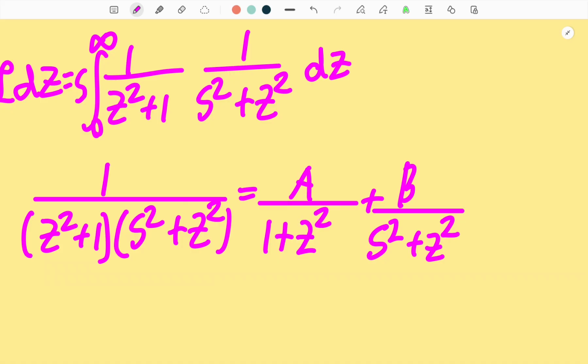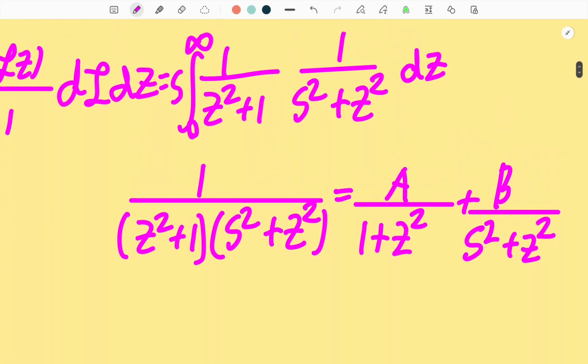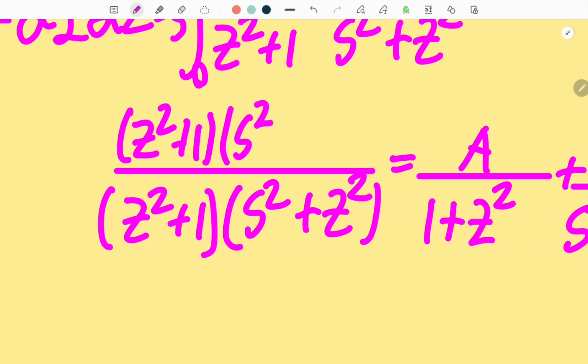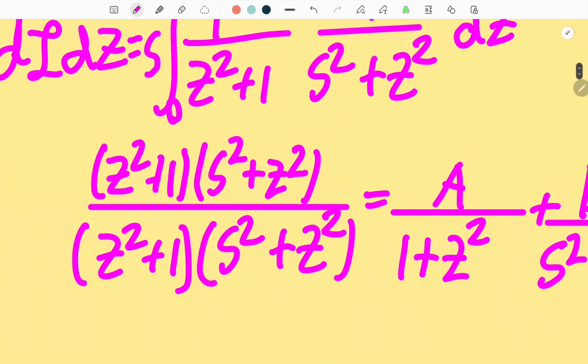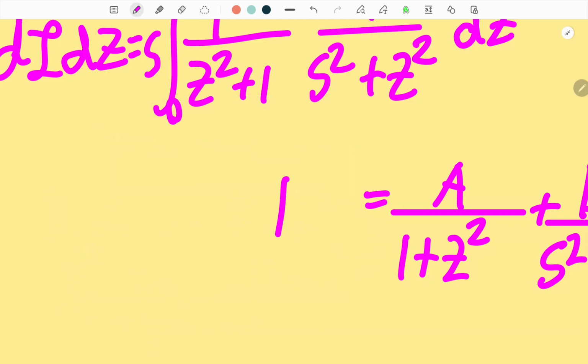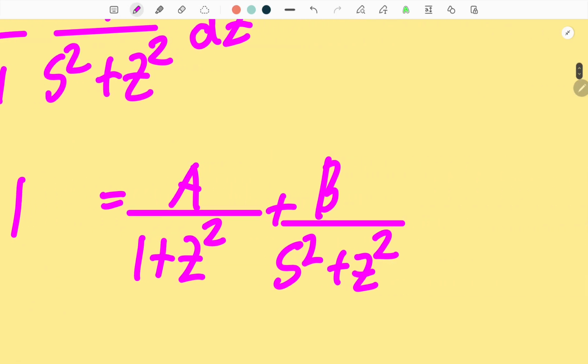The way we can find A is by multiplying the numerator of the left-hand side by the denominator, so s squared plus 1 times z squared plus 1 times s squared plus z squared. There we go. Now, on the left-hand side, we see a cancellation. We see this goes to 1. And if we multiply the right-hand side with the exact same thing, you'll find yourself